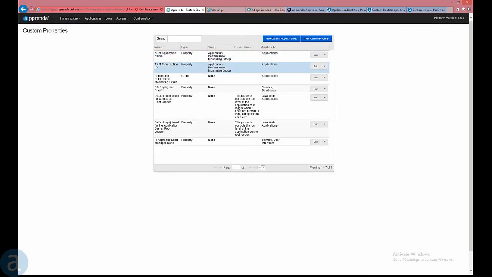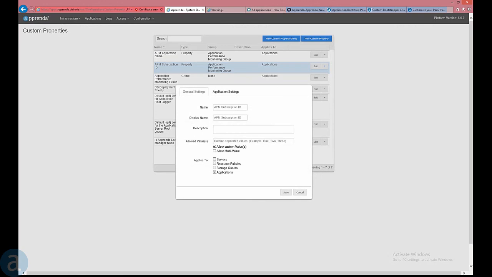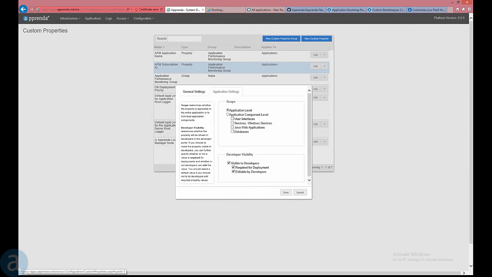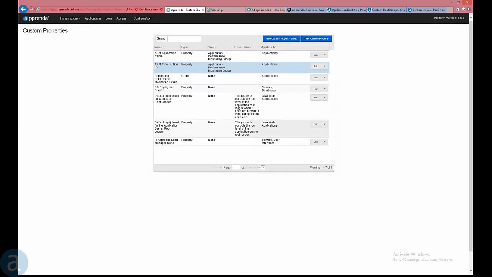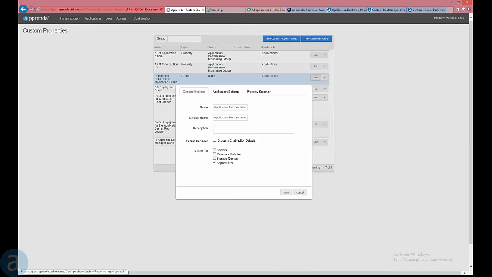The second one is the APM subscription ID, and this is nothing but the subscription ID to a New Relic environment that you have. It's kind of their license key. Again, we want the developer to enter a custom value, and it's required for deployment, and it's also editable by them. The third thing here, and this is what we actually wrapped our Bootstrap policy around, is this application performance